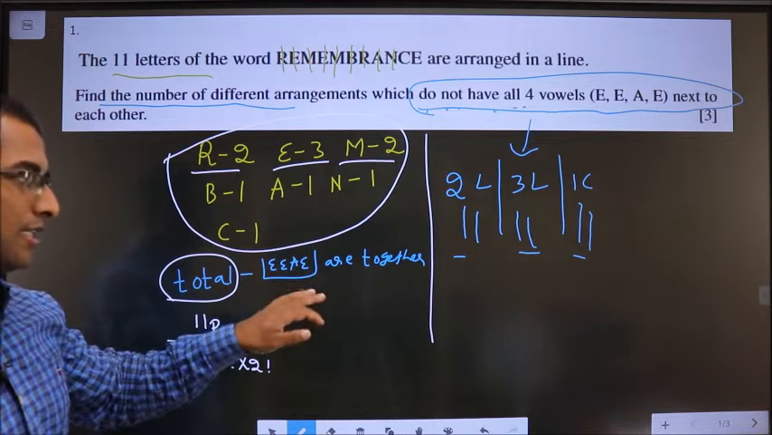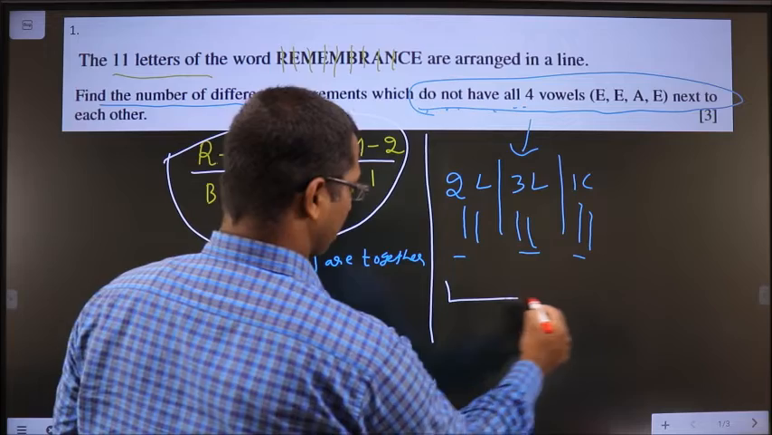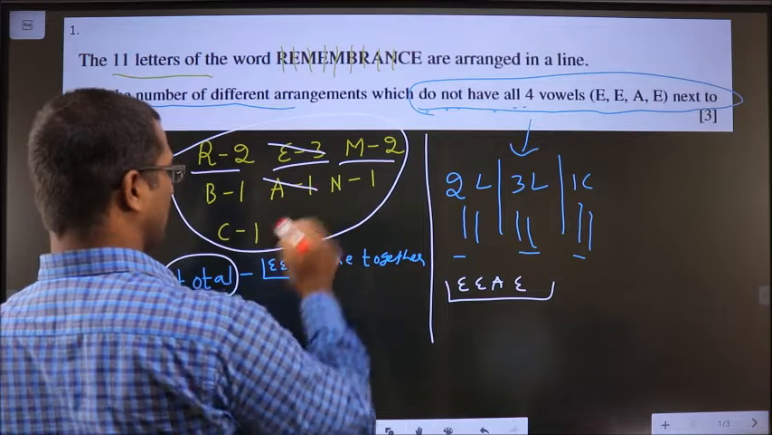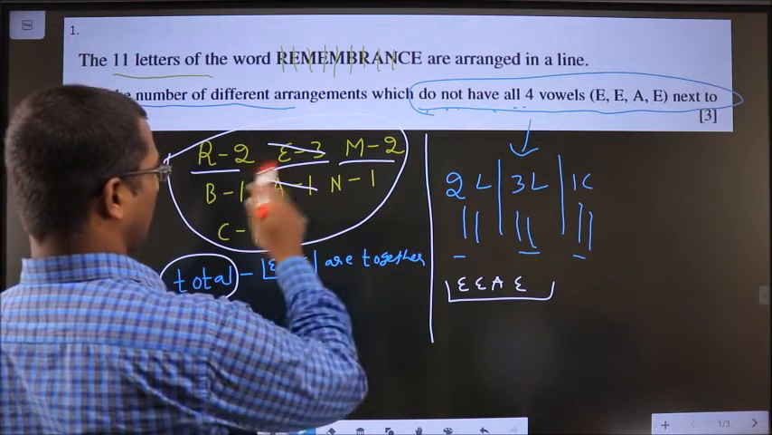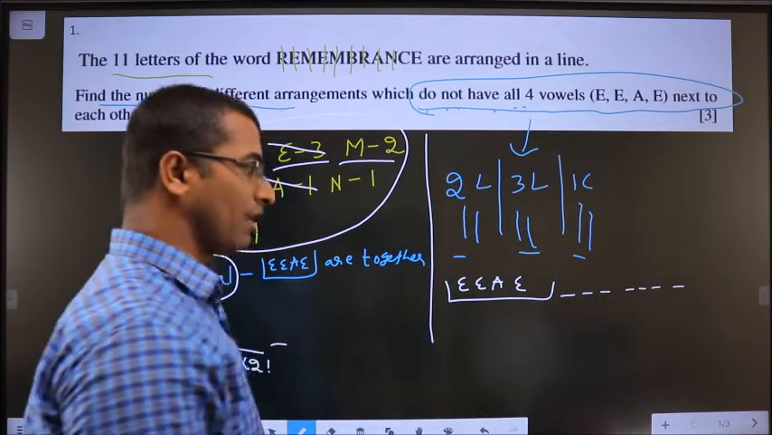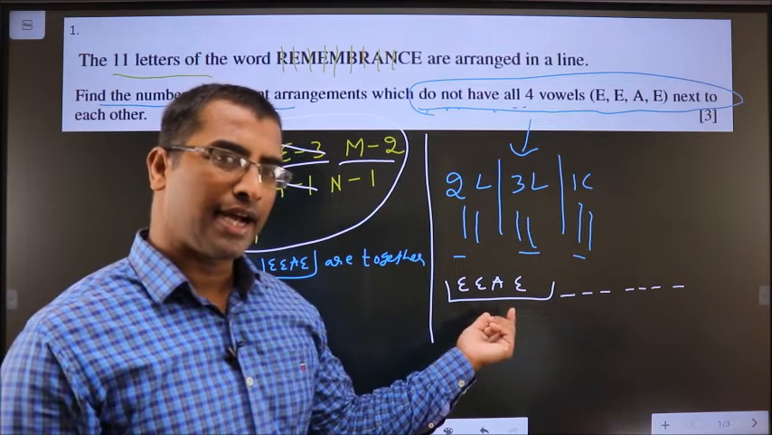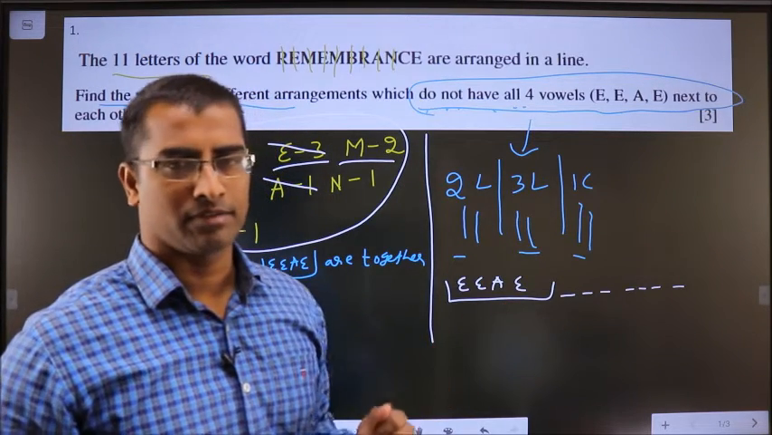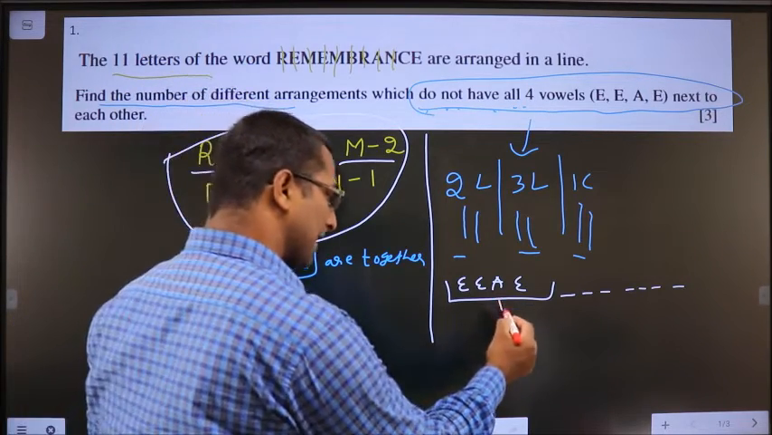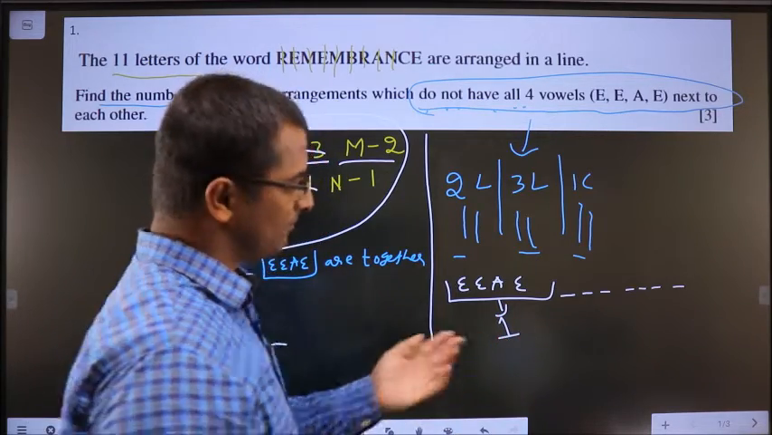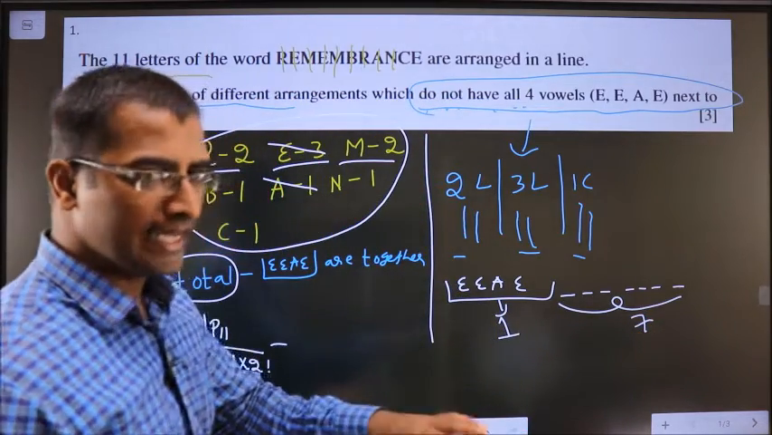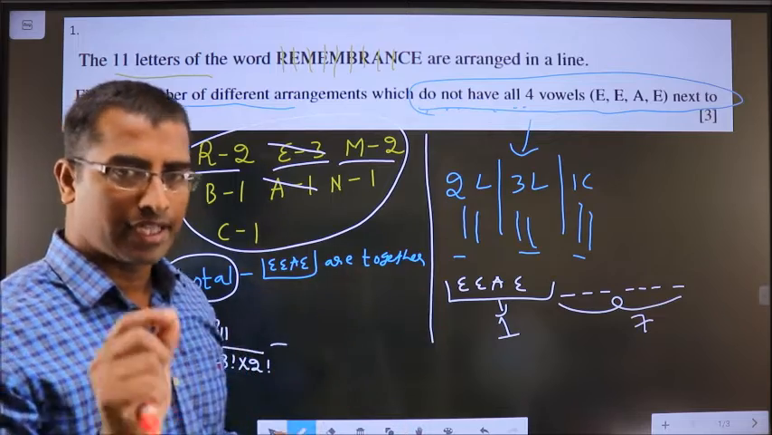Now when these 4 letters should be together, that means E, E, A, E. E is gone, A is gone. So remaining are 2, 4, 5, 6, 7, so 7 blanks. I should make sure that these 4 letters are always together. What is the method to make sure that they are always together? Only one method: by considering them to be one unit and the other 7 letters. So total is 1 plus 7, 8. These 8 can be shuffled in